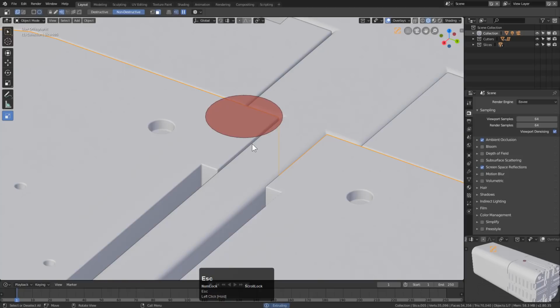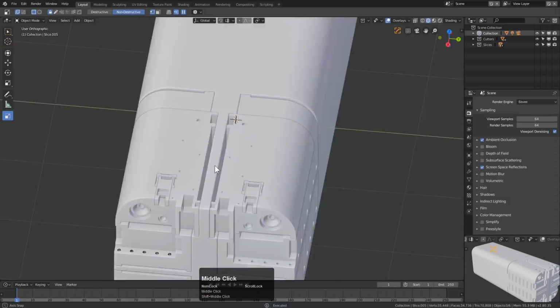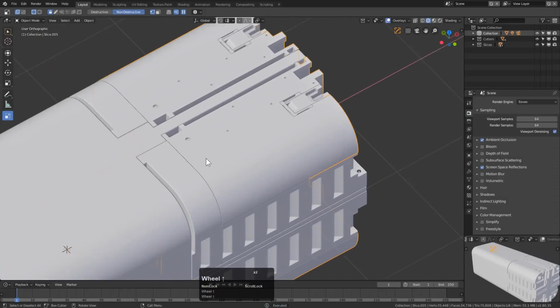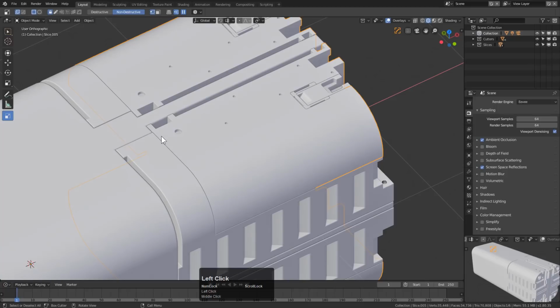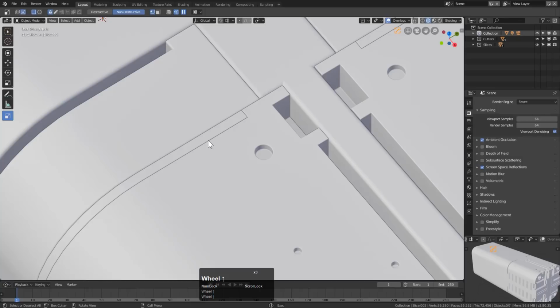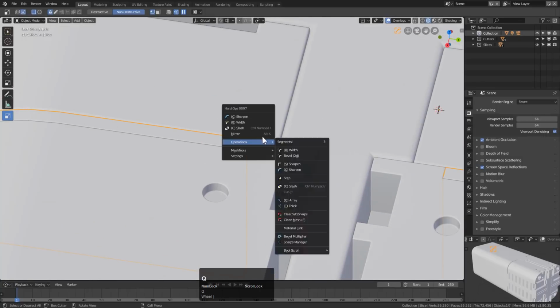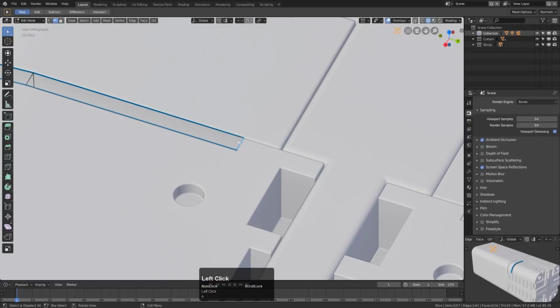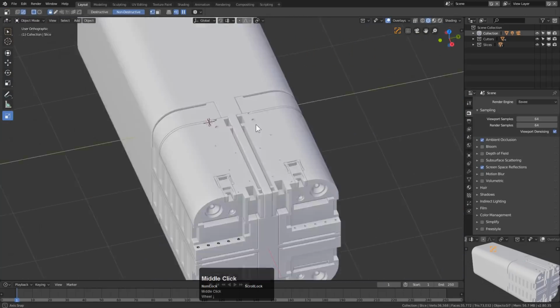So right here, I've realized I don't want circle anymore. I want box. So someday we'll be able to switch between box and circle on the fly again. But a lot of people have been writing about, you know, 2.8 is missing Ngon, oh my god. And yes, we do plan on adding it back in ASAP, but because of all the changes in 2.8, it wasn't an easy port job. We did an initial port, and it was looking a bit